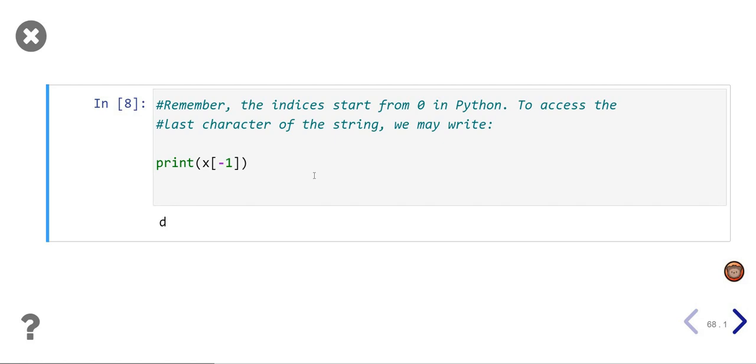Okay, so far this is quite straightforward, right? Which means you can try to put any single index and you're able to extract the element from that string. So this is quite straightforward. But now